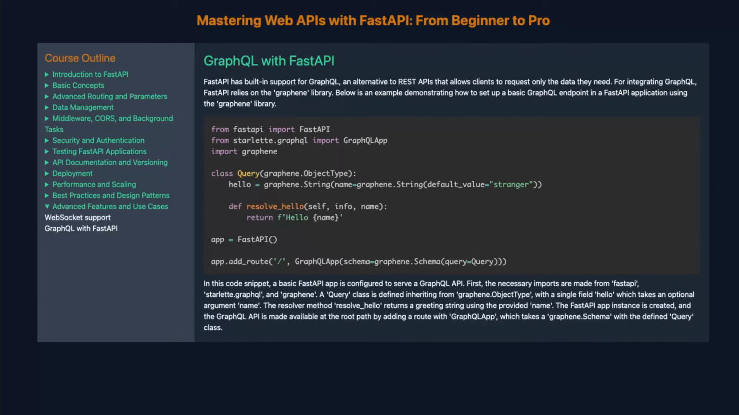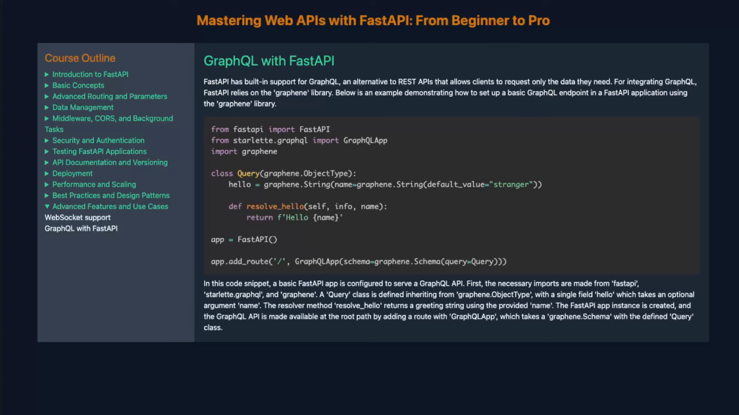client. GraphQL with FastAPI. FastAPI has built-in support for GraphQL, an alternative to REST APIs that allows clients to request only the data they need. For integrating GraphQL, FastAPI relies on the Graphene library. Below is an example demonstrating how to set up a basic GraphQL endpoint in a FastAPI application using the Graphene